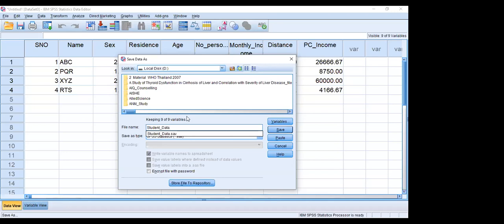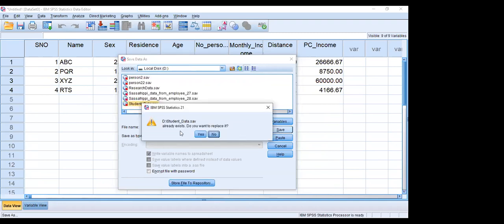So when we save it, it assigns the file name dot sav. Star dot sav, dot sav is the file extension for a data file. Next time you want to retrieve this database, go to the folder and click on student data star dot sav. So dot sav is the file extension for saving the data. Then click on Save.